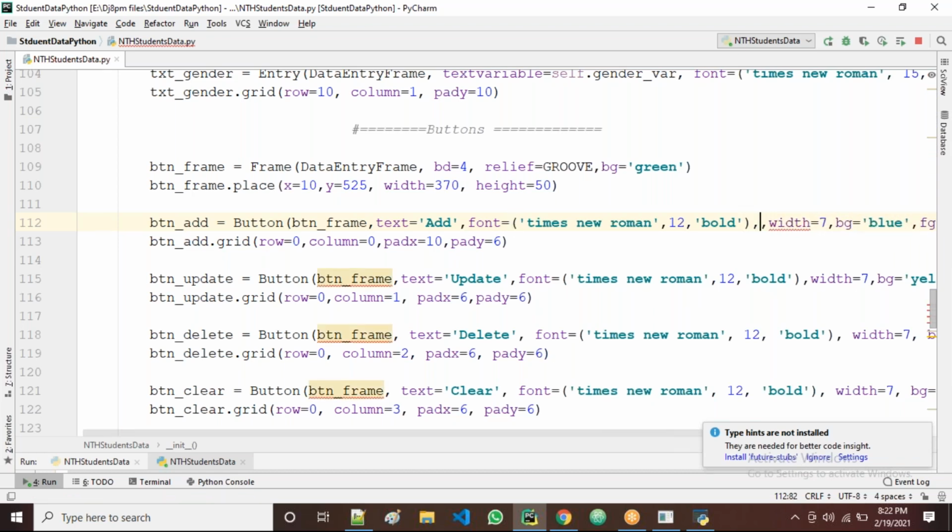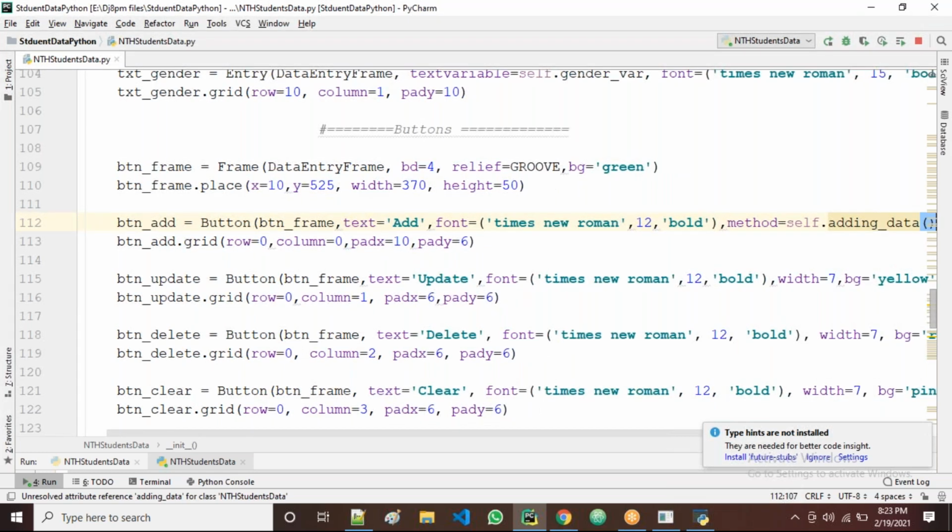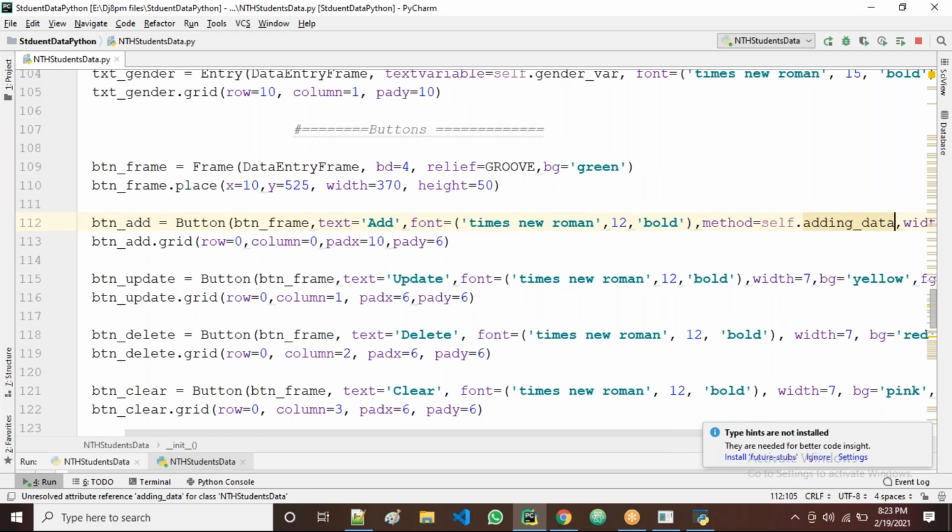Add underscore method, no, I think adding data, right guys? Adding data. Method equal to adding data. Let us see whether it is right or wrong.